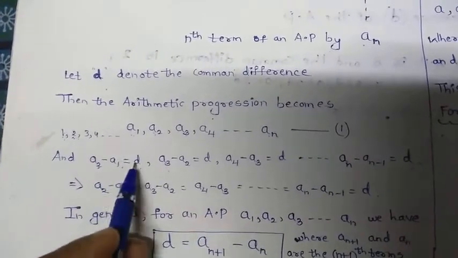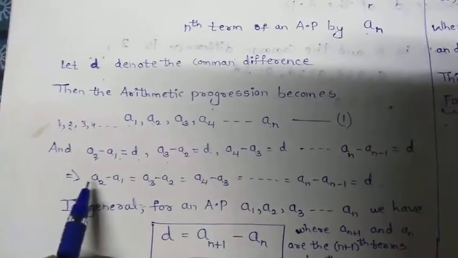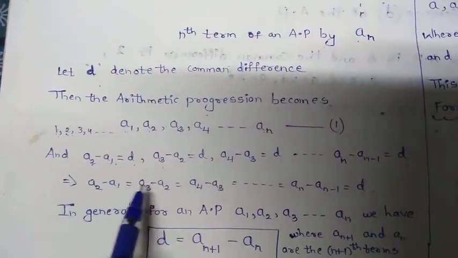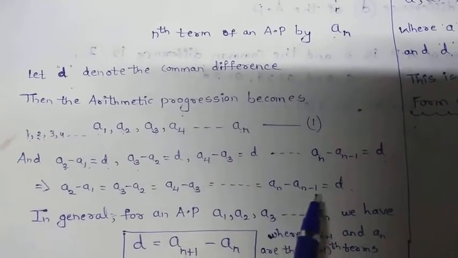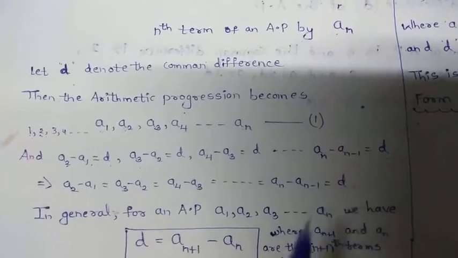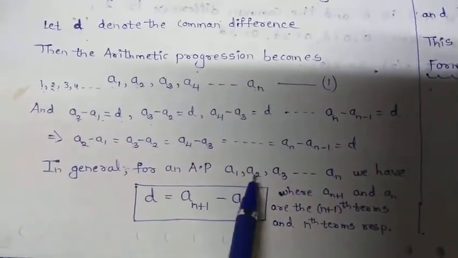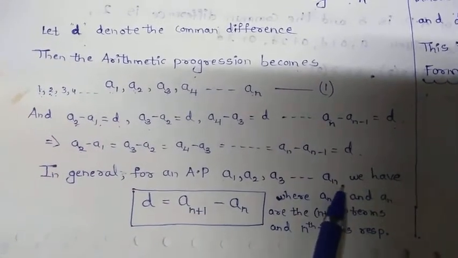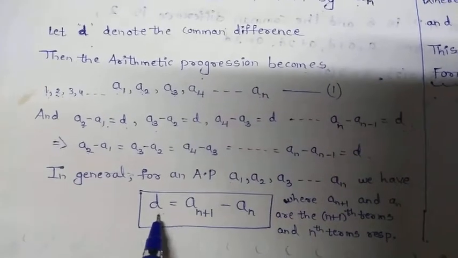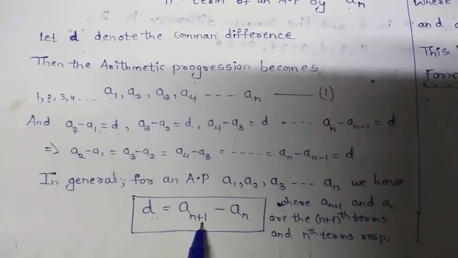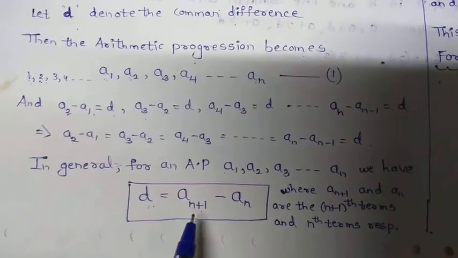So since the RHS of all these equations is equal to d, I will write it as a2 minus a1 equals a3 minus a2 equals a4 minus a3 and so on up to an minus an minus 1 is equal to d. So in general, for an arithmetic progression a1, a2 and so on up to an, the common difference is calculated as d equals an plus 1 minus an, that is the n plus 1th term